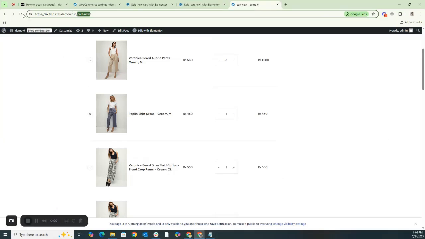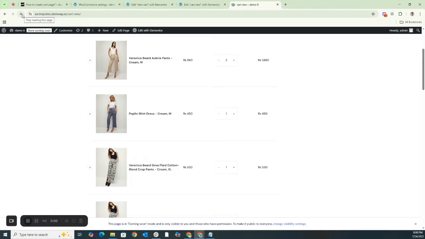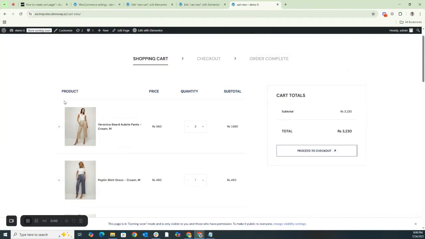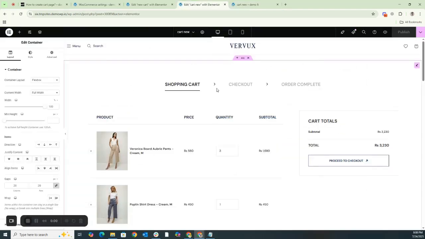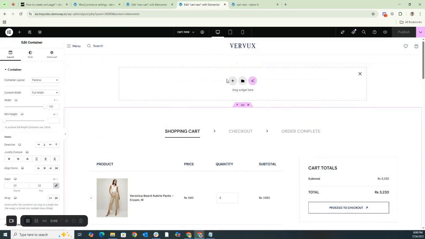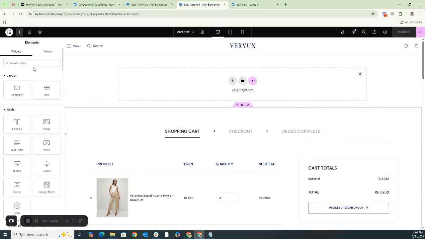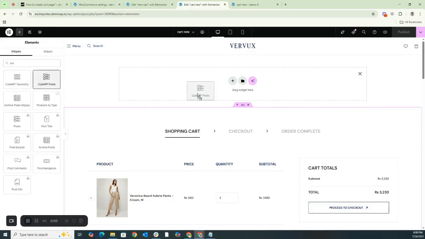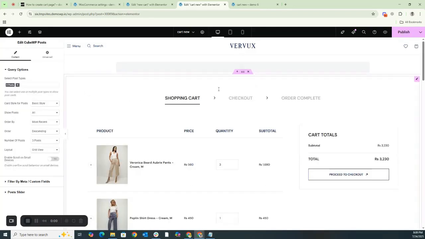We will review our changes again. You can see that when we made our shortcode full width, the layout of our page now appears full width. Now, if you want to add something more at the very top of this page, like a slider, some images, or a post type, or if you want to display posts, you can simply set an element above it and it will make the posts visible for you.